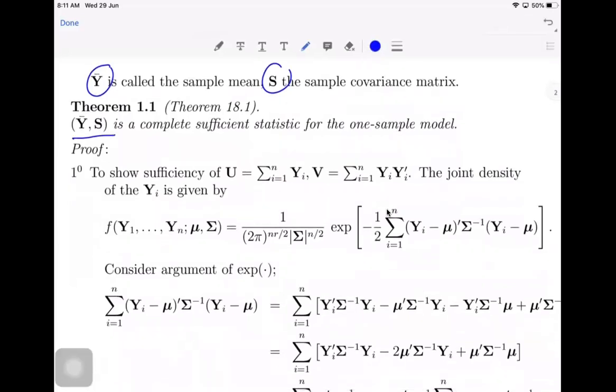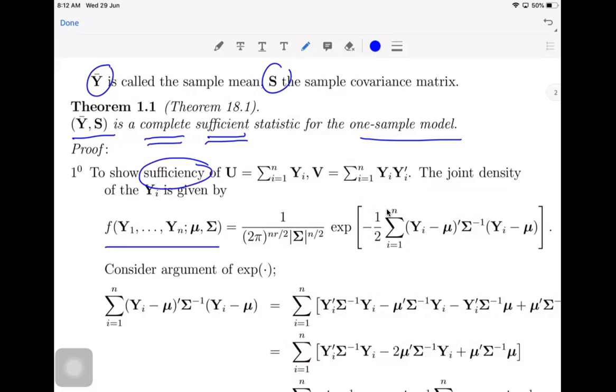So we will see that y bar and S will be a complete sufficient statistic for the one sample model. So sufficiency, and you will have to show here sufficiency and completeness. Now, to show sufficiency, you have to use the factorization criterion. That is, you just have to look into the joint density function and factor it into two terms. So if you look at the factorization criterion in chapter 1,